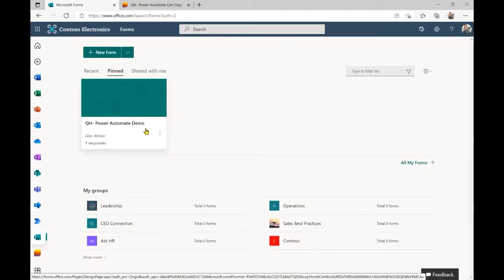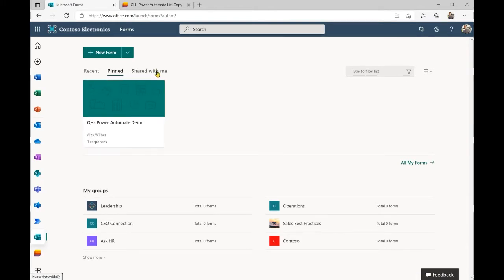Pinned, I did go ahead and pin this form as well. So any forms that you want to be able to access frequently, I would recommend pinning them. It's almost like having it set up as a favorites, just so you can quickly get to them, especially if you need to view these responses daily. And if you have quite a bit of forms that you have created, some may be older than others, you can pin the most current ones that you're most concerned about.